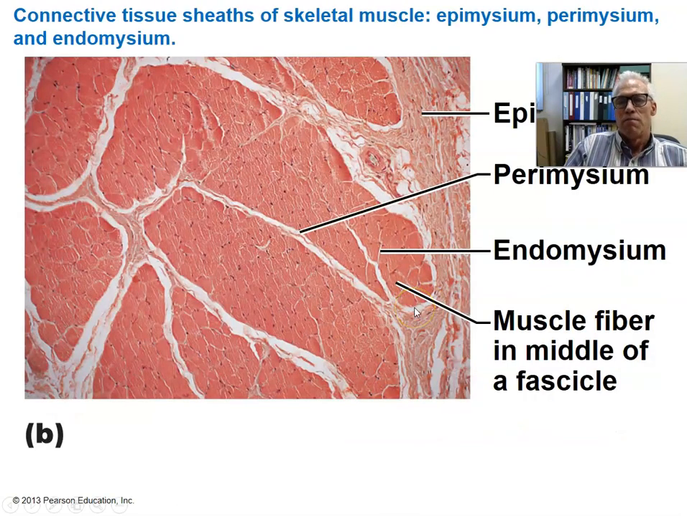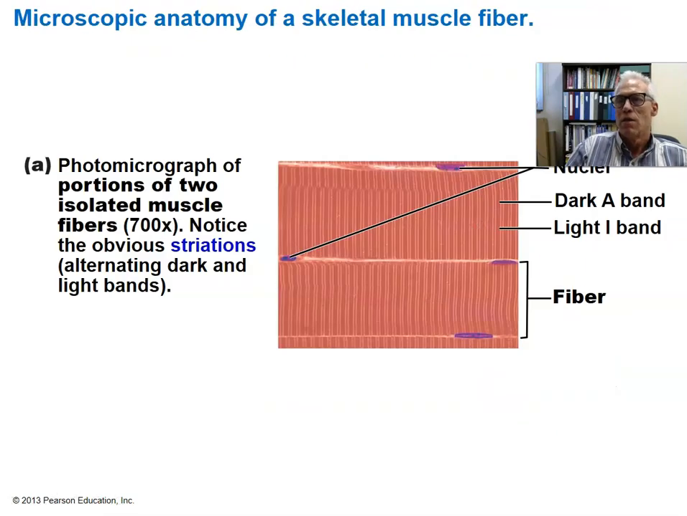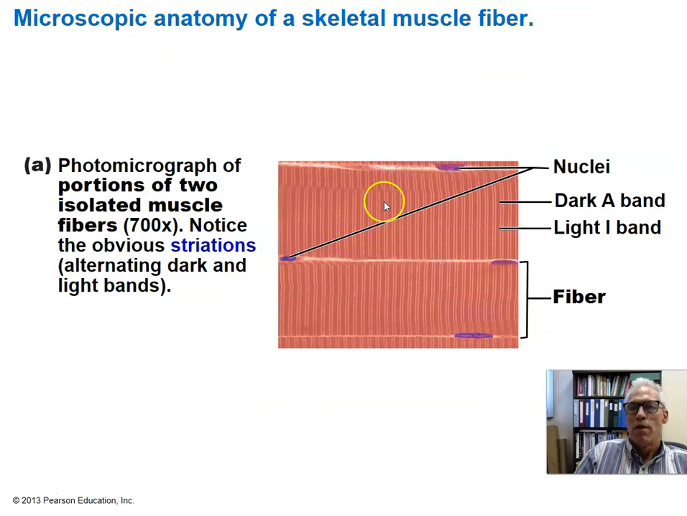Here's just a photograph of a cross section through some muscle to illustrate those same structures. Here's a micrograph of a couple of muscle fibers, and we can see that skeletal muscle fibers, as we've talked about before, have striations or stripes. We're going to take a look and figure out what is it about the arrangement of the cytoskeleton proteins